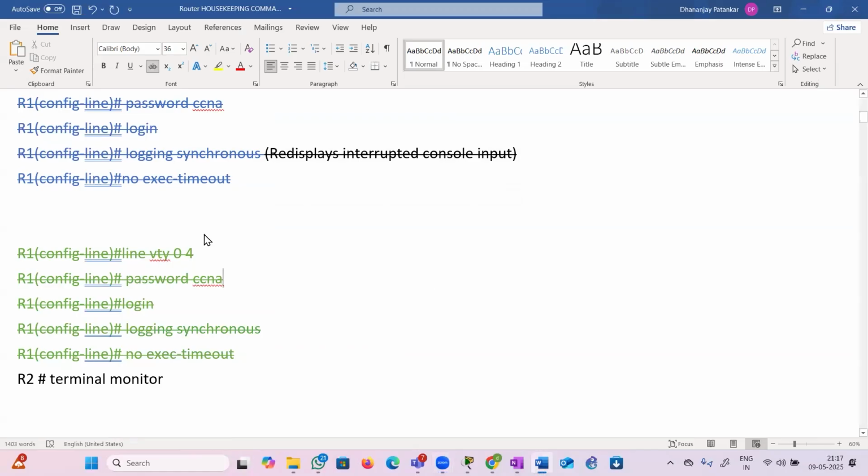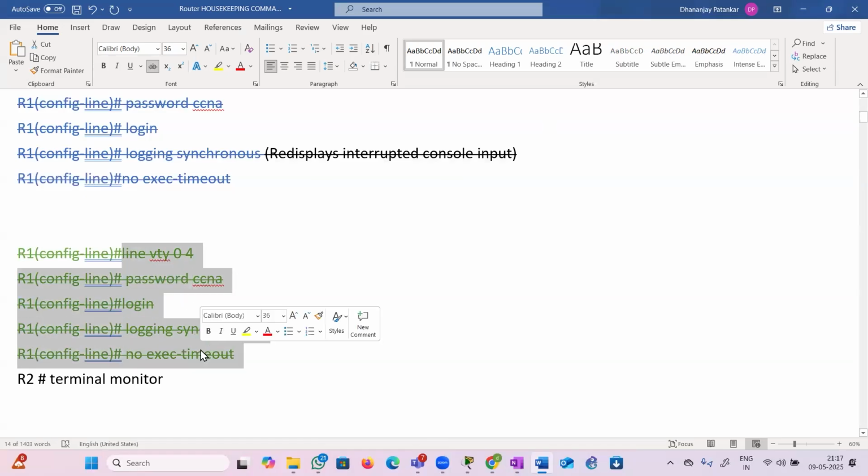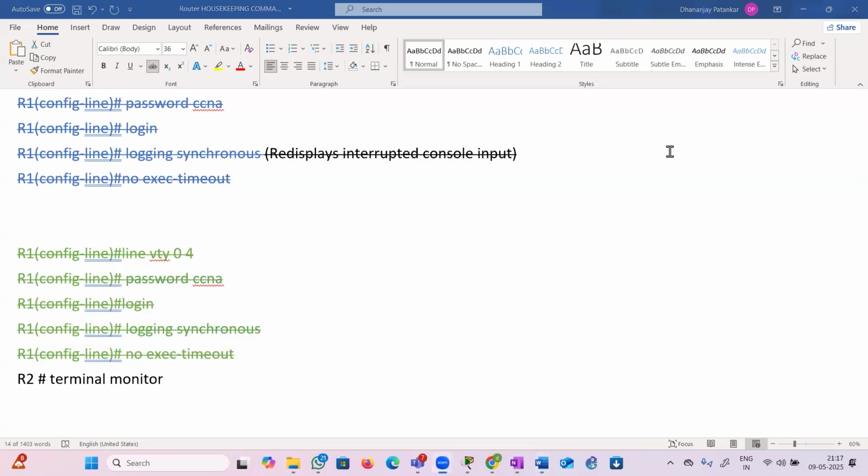if somebody has telneted into me, supposing from India I have telneted into my Australia branch router or switch, whatever device. After telnetting, if I don't touch the keyboard for 5 minutes, from AU again it will show me R1. That is India. I'll come back here, right? So it will throw me out of the telnet session. So I tell here also,